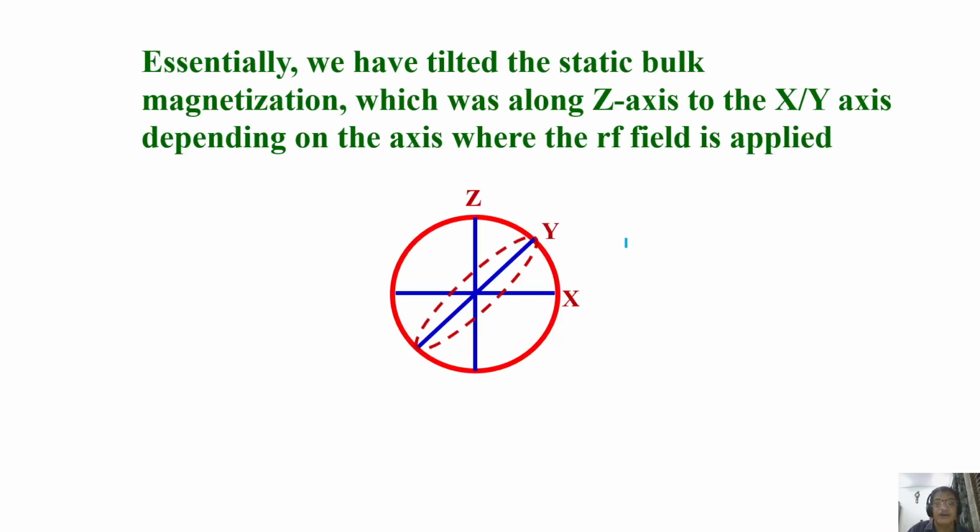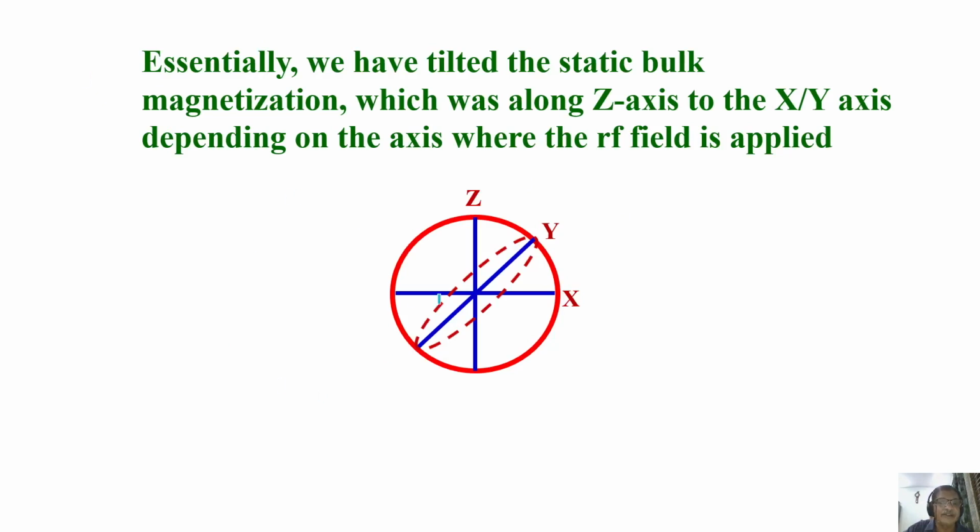This value is so small, much smaller compared to the B naught field. You have a concept of the spin field which you are going to apply. When you apply the RF pulse, you calculate the frequency. It is of the order of 20 to 30 kilohertz. Please remember the field is 600 to 500,000 megahertz. That is the resonating frequency for fields in Tesla. This is a few hertz, a few kilohertz, 20, 25, 30 kilohertz. So that is a very small field we apply.